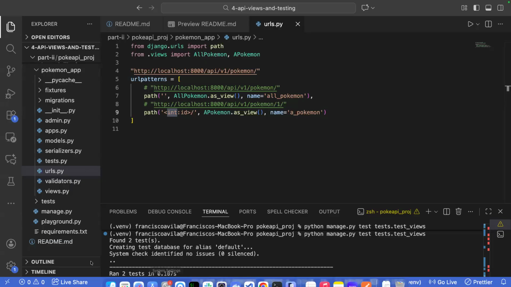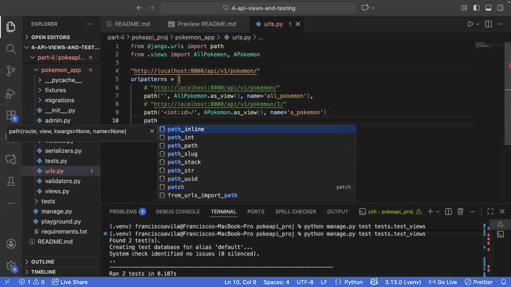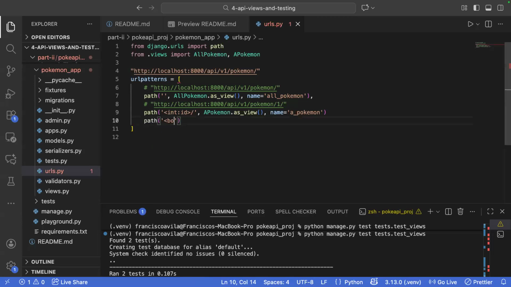Let's start off by seeing a Boolean type. Let's say I want to have something like, I'll write the function here shortly. Let's say I want this path to take in a bool and say, or let's call it, oh wow, I am blanking here. I'm going to do blank. All right, so let's say we're taking in a new data type named bool, and this is going to respond